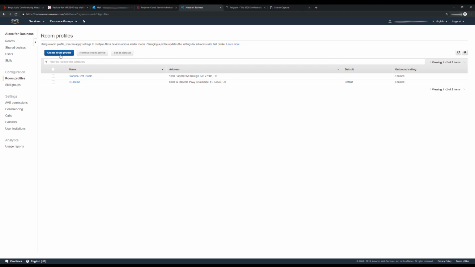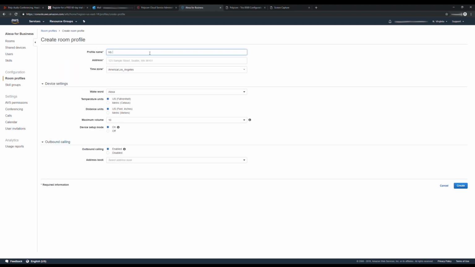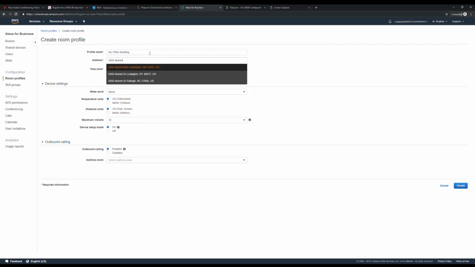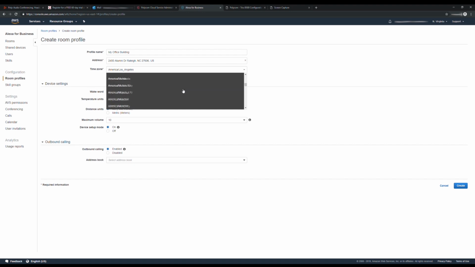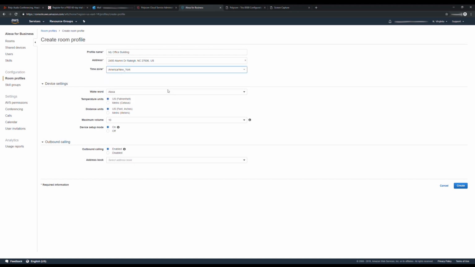Here, the room profile is used to associate a particular set of rooms to an address or facility. This will allow Alexa to understand whenever a room is available, what other rooms would be available based on their calendar availability. All room profiles must be created in the Alexa for Business console today. Clicking in to create the room profile and attaching to the time zone allows us to know what time to properly report back when queried from Alexa.